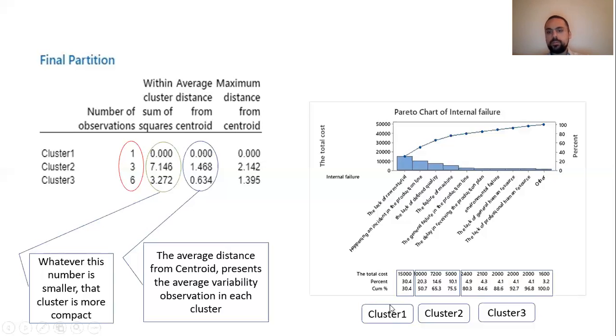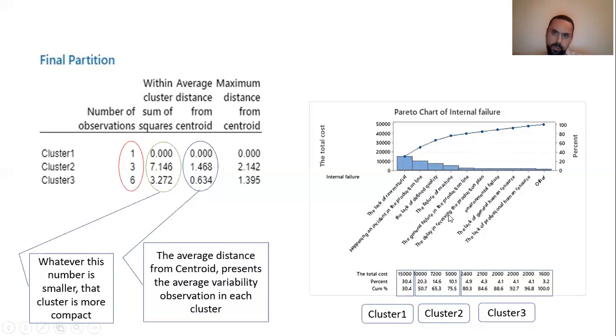As I showed you, I specified the clusters on the Pareto chart, the first one, 3 factors, and the rest are the least important. Also, the Pareto chart told us that for 80% of the failures, we need to consider 5 factors. But the cluster told us the first 4 factors are the most important. So, firstly, we need to consider the first 4 factors, and after that, we consider the 5th factor, which is